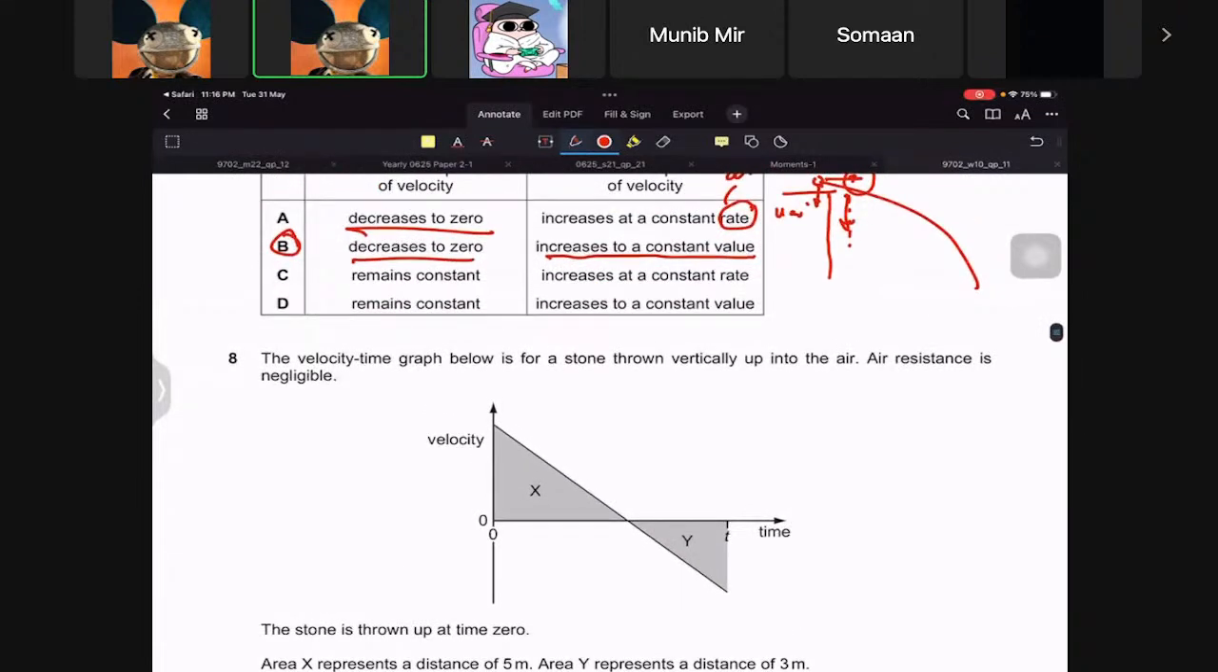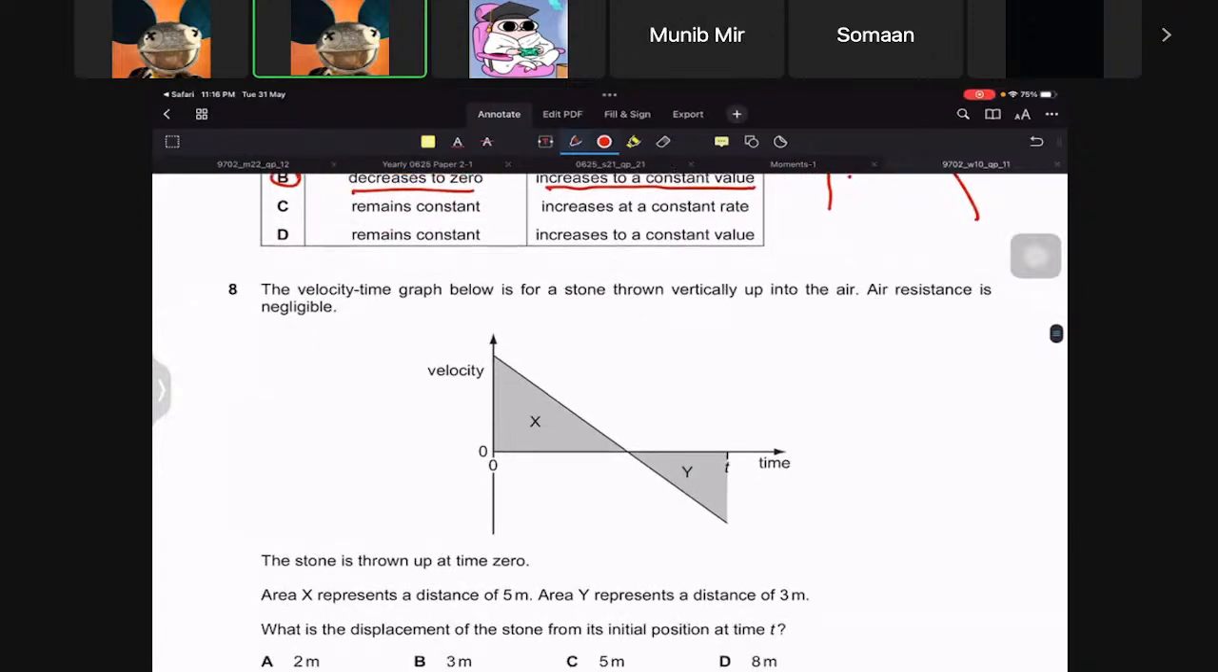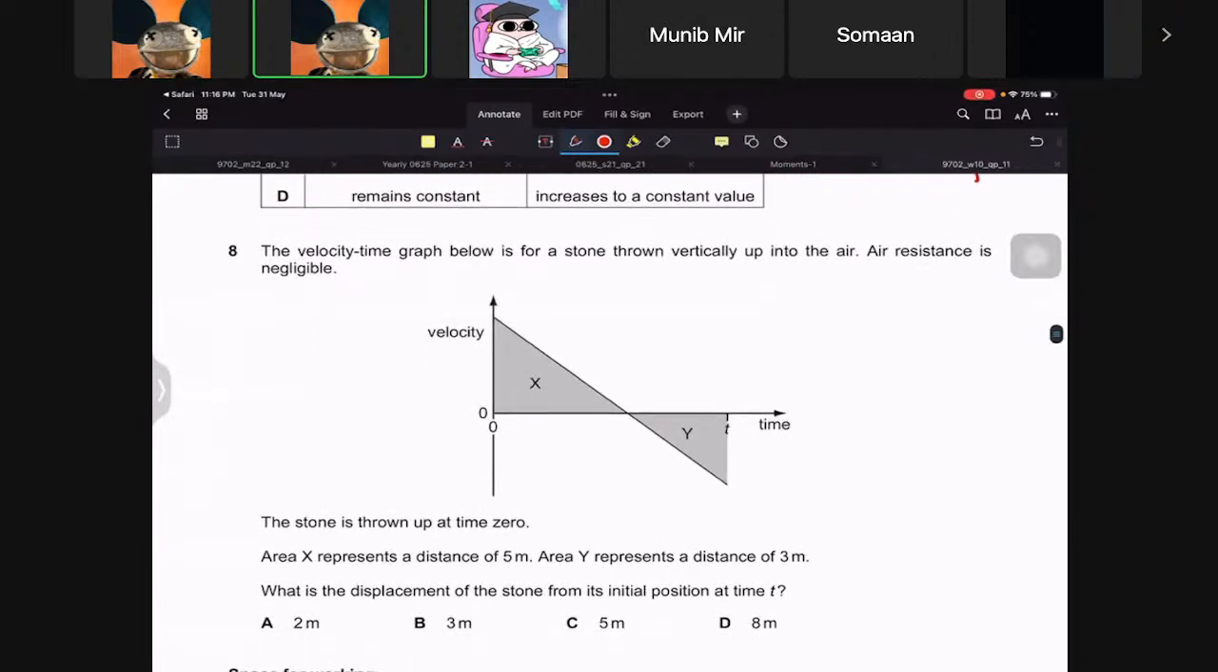Now a stone is thrown up at time 0. Area x represents a distance of 5 meter. Area y represents a distance of 3 meter. What is the displacement of the stone from the original position? So it will be 5 minus 3, and this will be 2. So that has to be A, because displacement is a vector quantity. You have to subtract it. This is minus, this is positive. Now